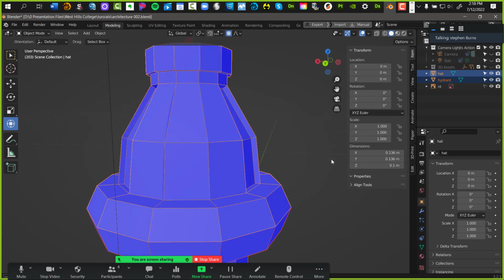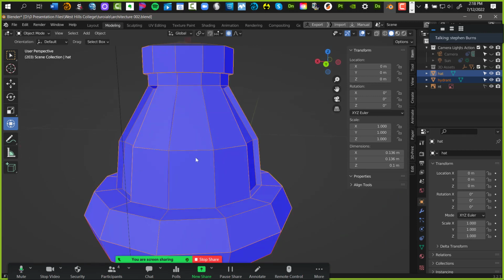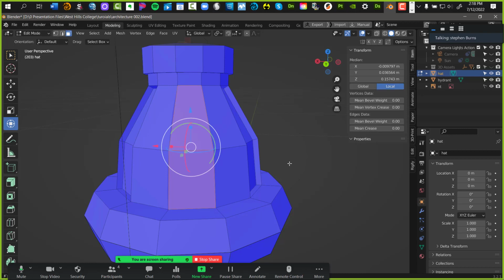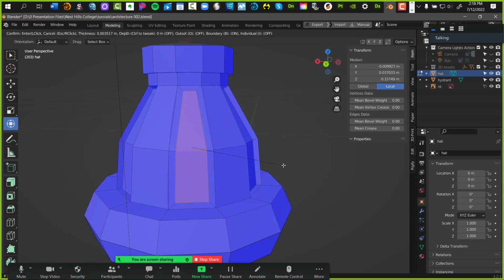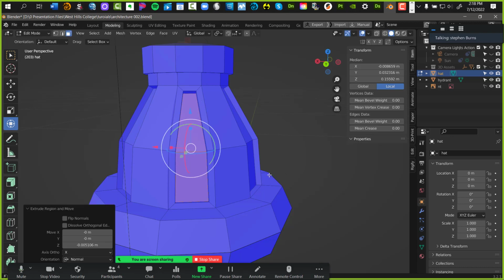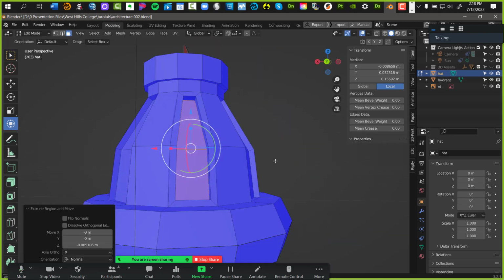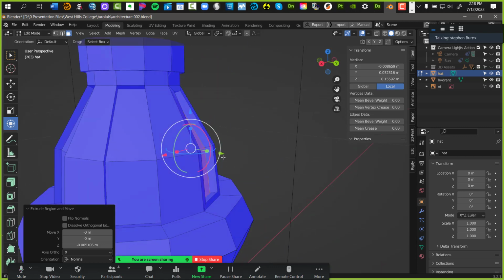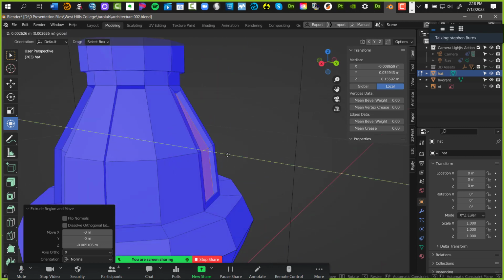I forgot to select this one here, so I'll just do this real fast. Inset it. E to extrude in a little bit. Okay, that's good enough. Pull it back just a little bit.